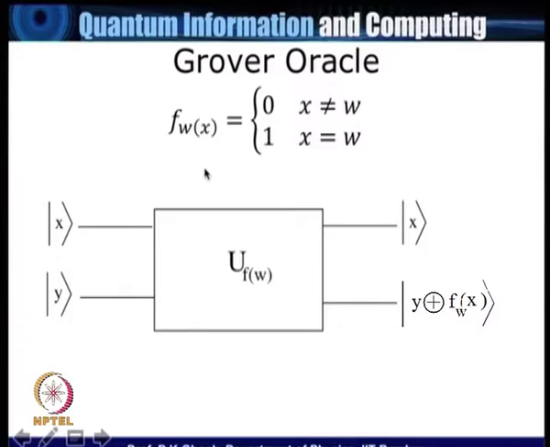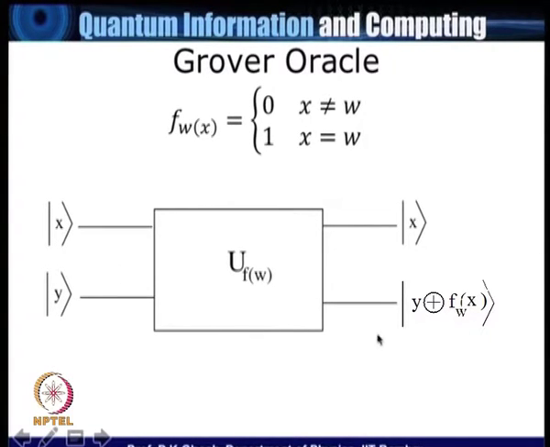The importance of the algorithm lies in the fact that we had seen that classically such a search requires of the order of N. In fact, typically a probabilistic algorithm would require N by 2 searches if you are looking for one item out of N items. Now, the oracle that we define is like this, that W is our n-qubit string that I have been searching, and this evaluates to 0 if the input string x doesn't match with the string that I am looking for, and it evaluates to 1 in the case where x is equal to W.